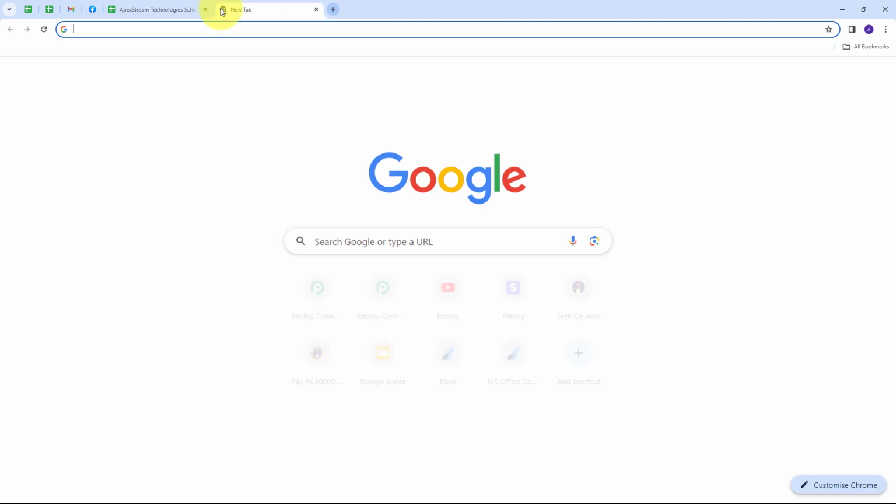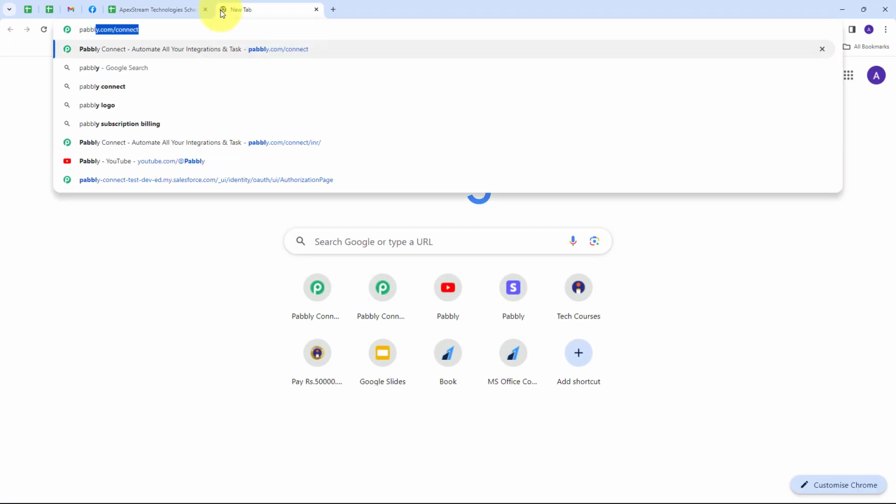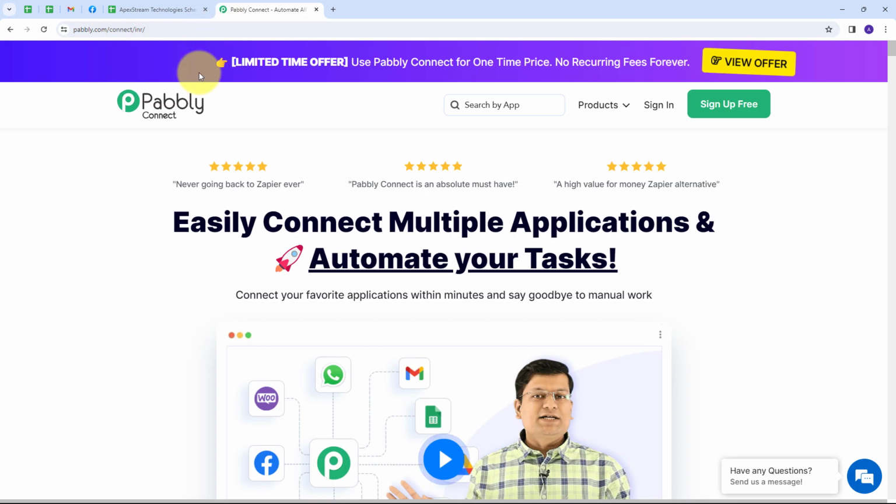to open a new tab and search for pabbly.com/connect, and this will take us to this landing page of Pabbly Connect. Here we have two options: sign in and sign up for free. If you don't have an account with Pabbly Connect, then you just have to sign up for free, and it will take only 2 minutes of your time, and you will get 100 free tasks every month. Or if you already have an account, you can just sign in